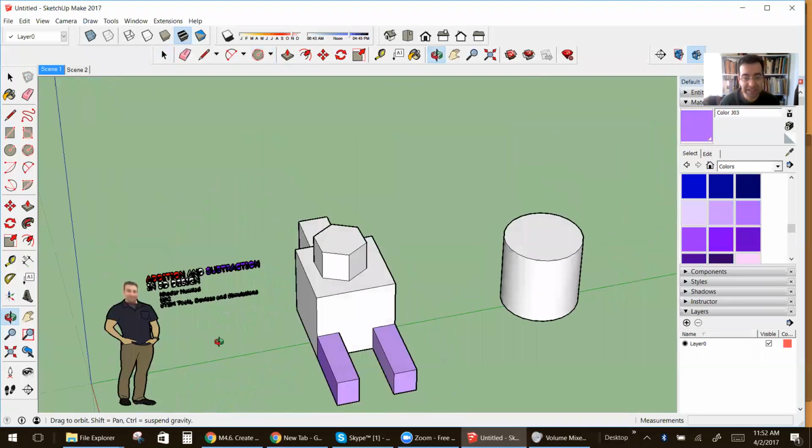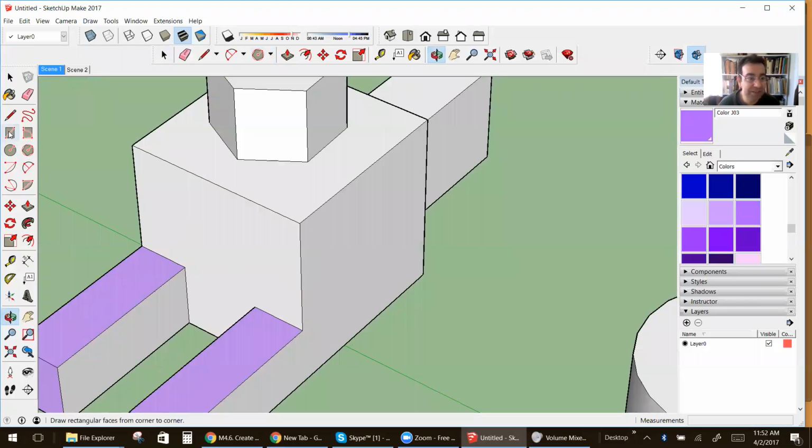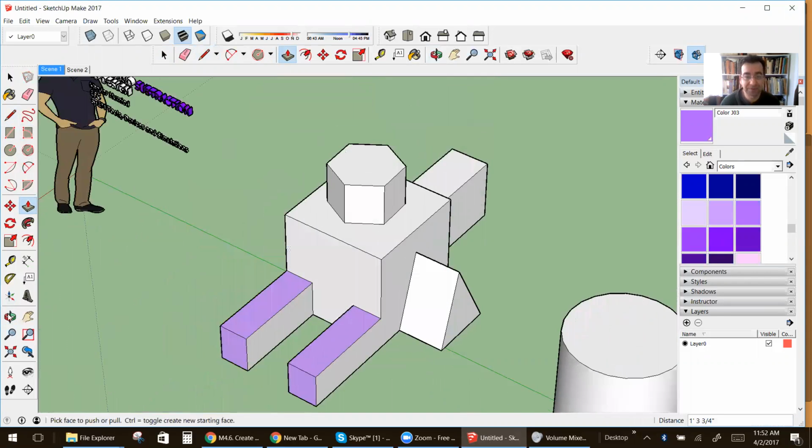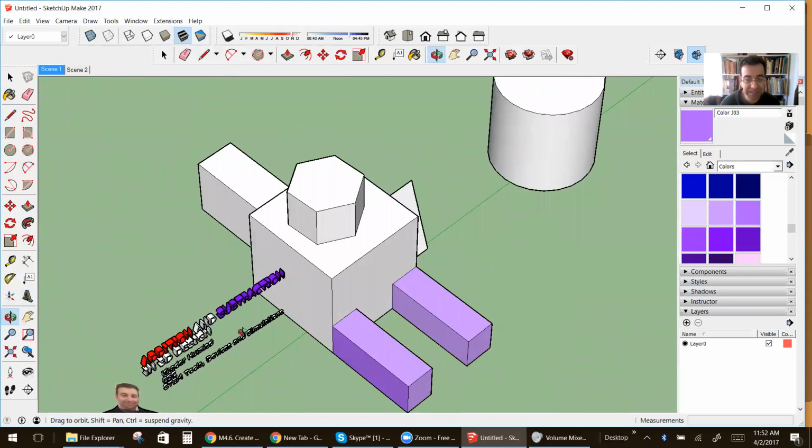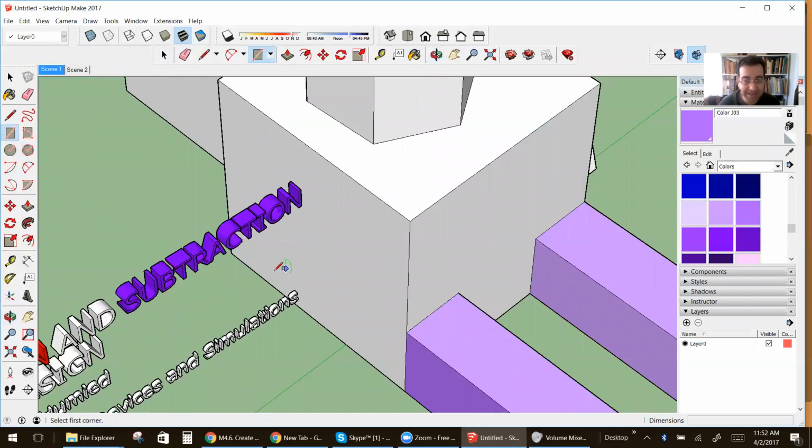So as you can see, I started with a very simple shape, and I'm adding to it all kinds of fun shapes by drawing them in 2D first. I drew a triangle, and I'm pulling them to the outside. So I'm adding and adding. So I'm going to add